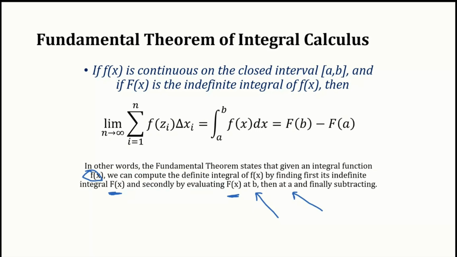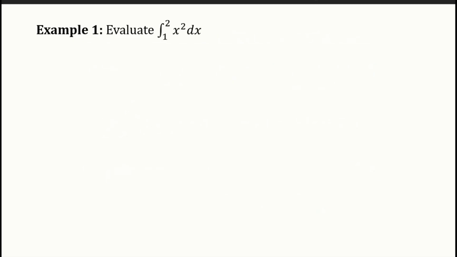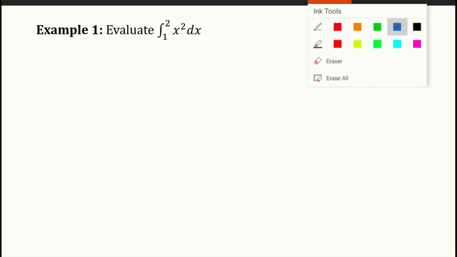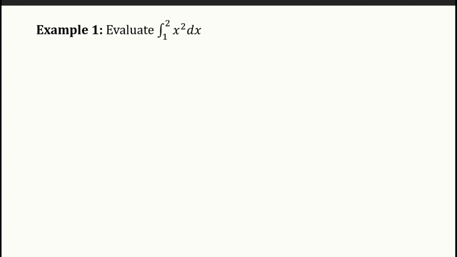Let's try to have an example. Suppose we are going to evaluate the integral of x squared dx from 1 going to 2. So let's perform our steps. Basically, we have 4 steps. The first one is